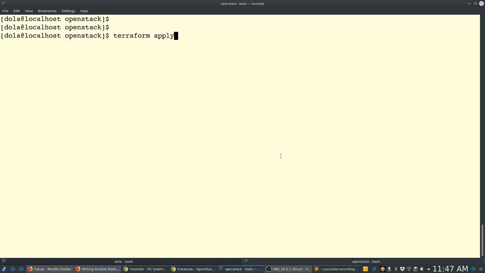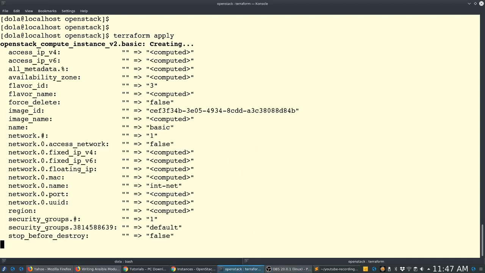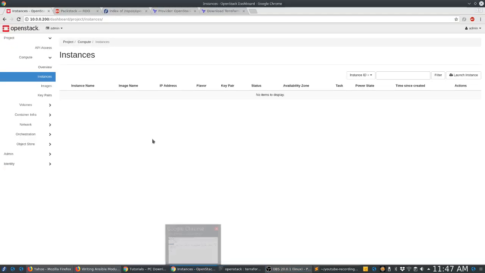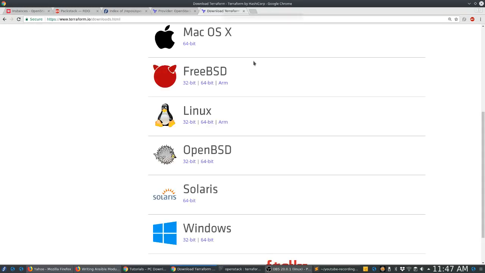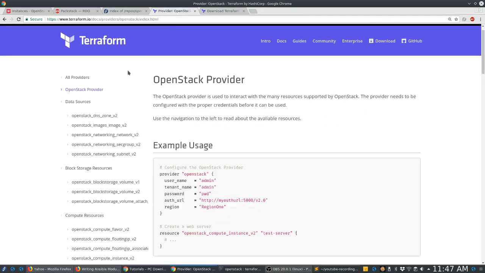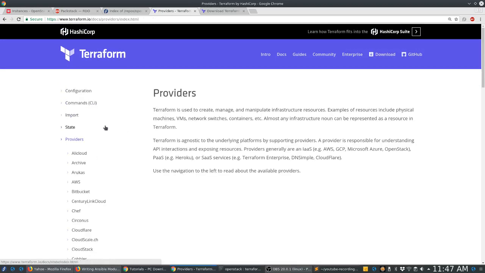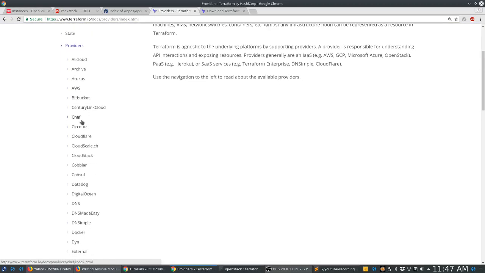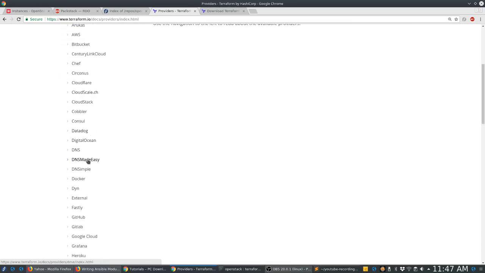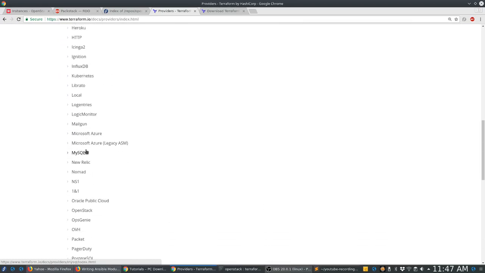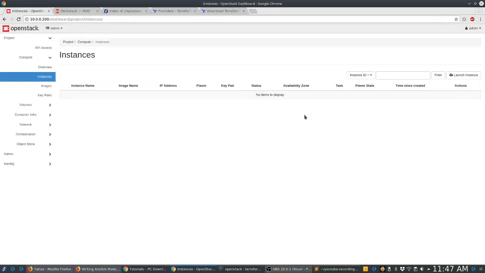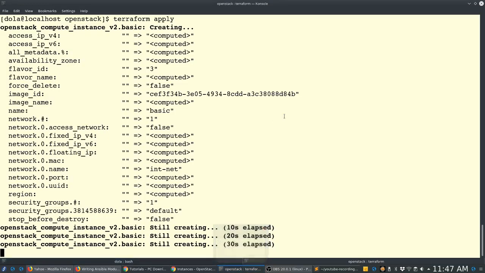So I'm going to run apply. It's going to apply that template to the cloud, to the OpenStack. Like I said, one benefit of Terraform is you can use it with different providers. As you can see, there are a lot of providers. You can use it on AWS, Bitbucket, a lot of providers. That's the benefit it has over something like OpenStack's template, or AWS CloudFormation, because